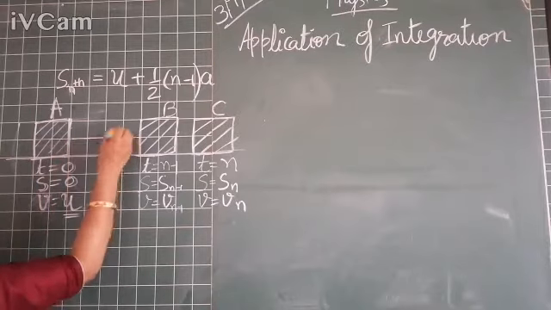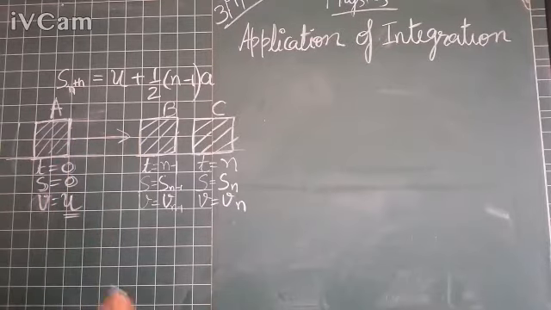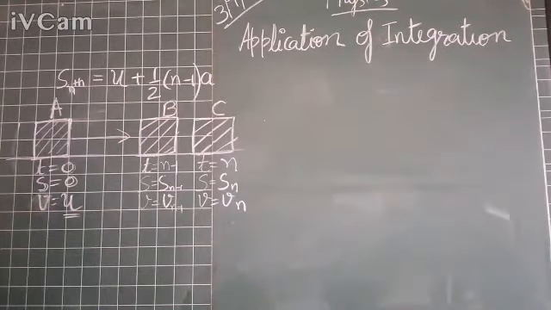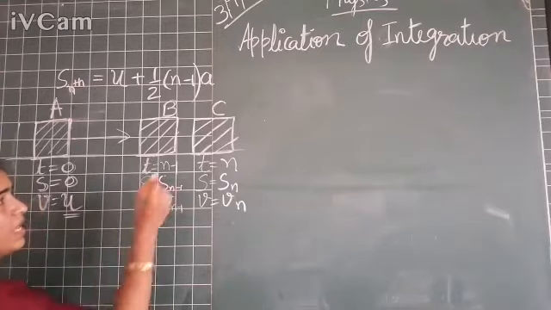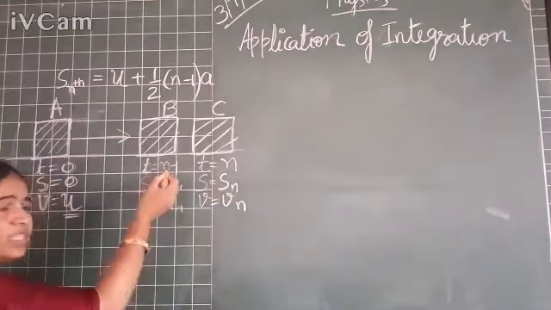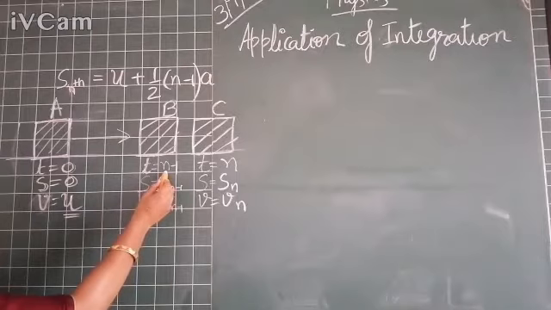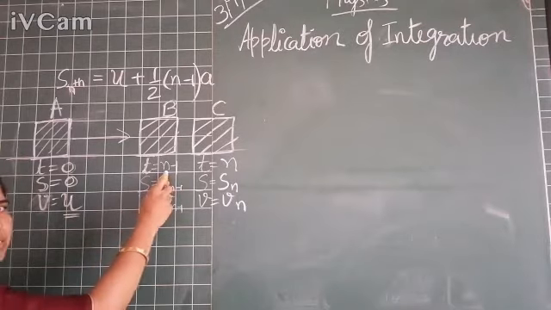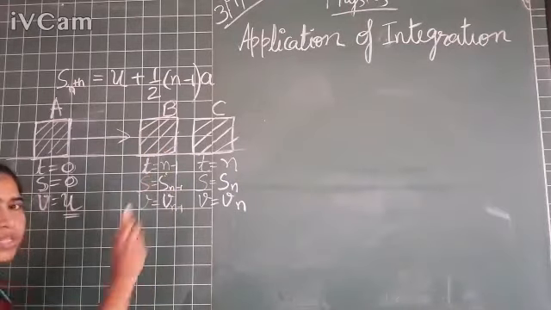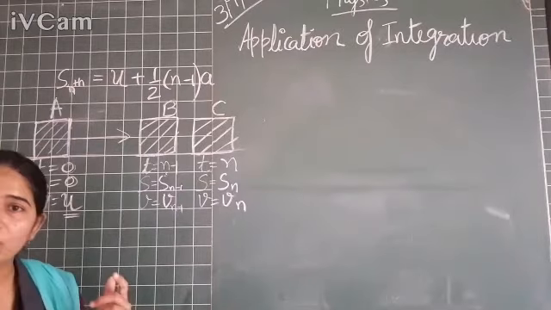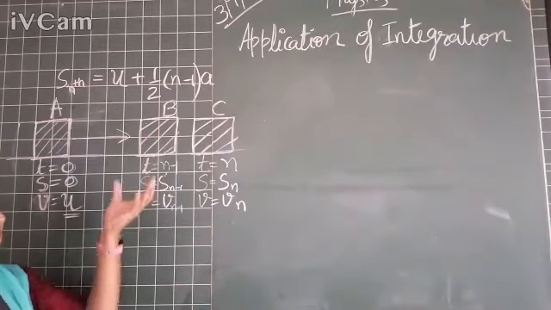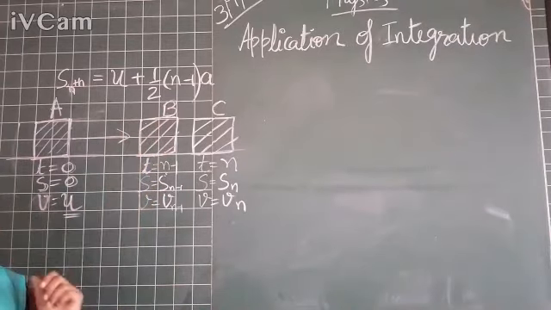Now, after some time has passed, the object comes to a position B. So B is the position of the object and the time t is n minus 1, means the total time is n. So this is just 1 second before the time is over, this is the last second. Suppose the total time for an object is 20 seconds. So this is your 19th second position, the 19th second position of the object.